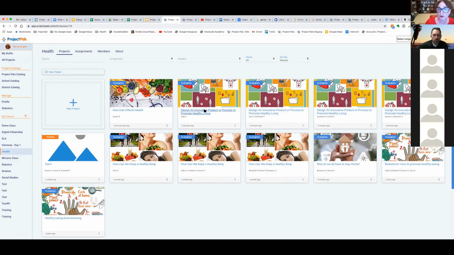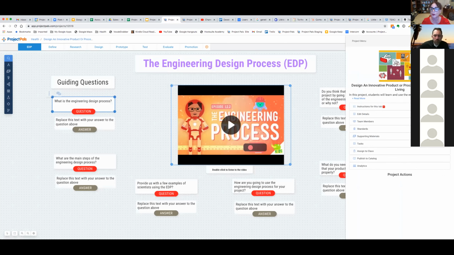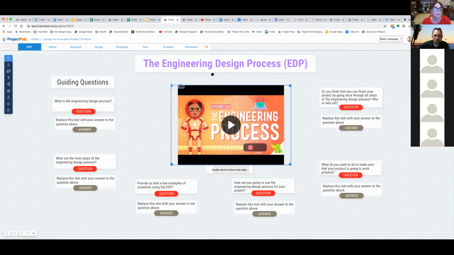Let me take you inside the project. I'm going to just go to any of these projects. And like I said, these are tabs, these are processes. And as I said before, these are all scaffolding. In this project, students are supposed to design an innovative product or process for healthy living and